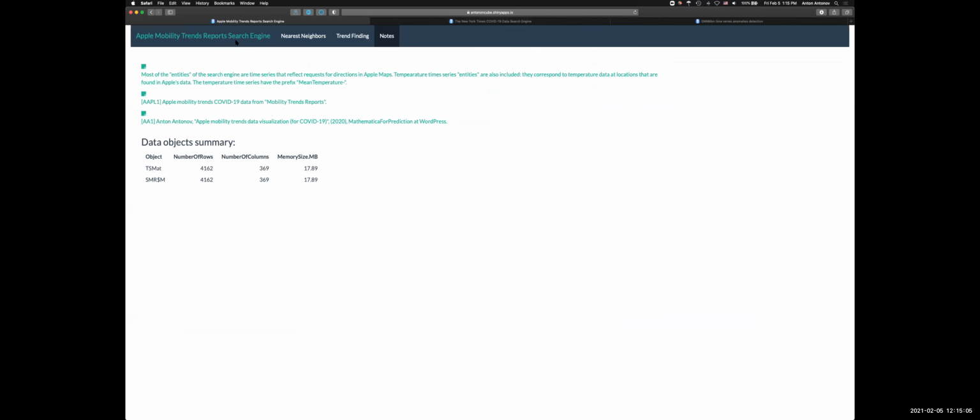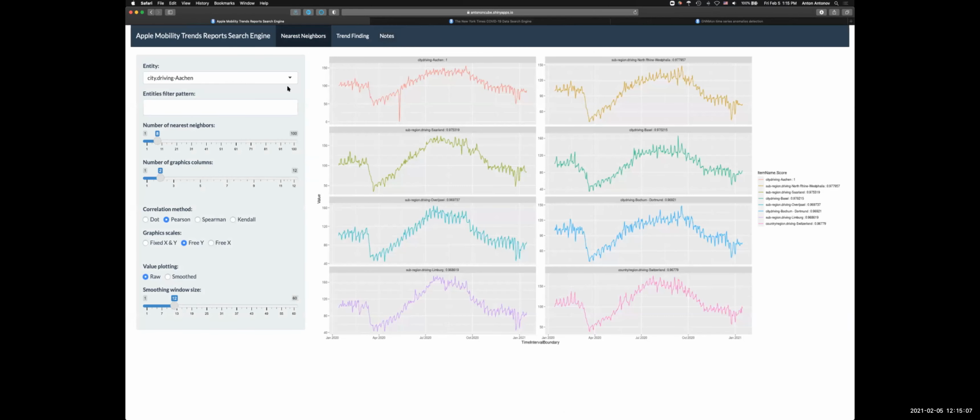Apple has taken data from before COVID and normalized it at 100%. This data is requests to Apple Maps. Again, we can see some seasonality here.